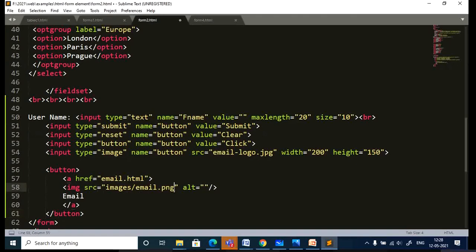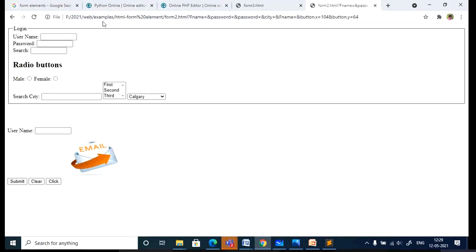Here for the image, you need to specify the image. Same email logo, this is JPEG, and the hyperlink. Here I specified it goes to email.html. So these two pieces of information come on the button, image plus hyperlink both. The image just tells what operation it is, and the hyperlink is going to take you to the particular page. It will direct to the address that is specified.